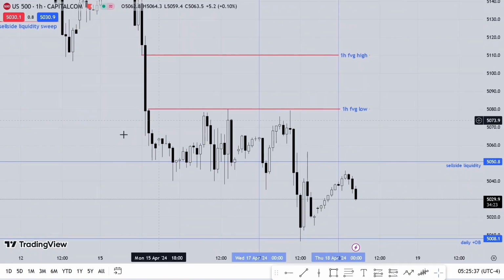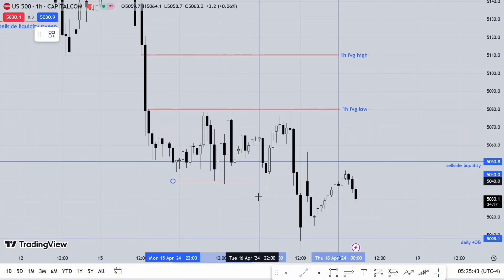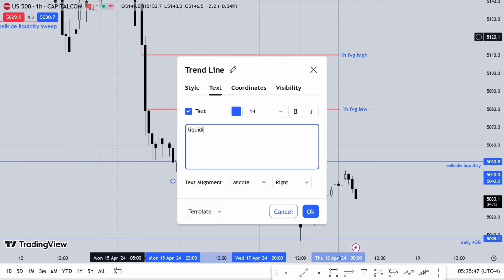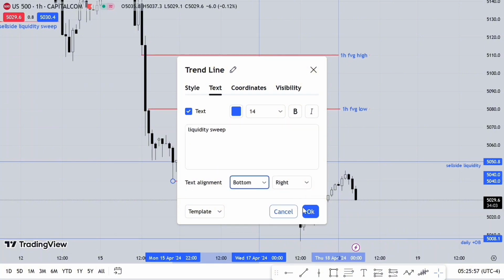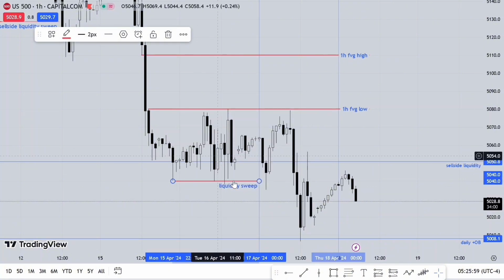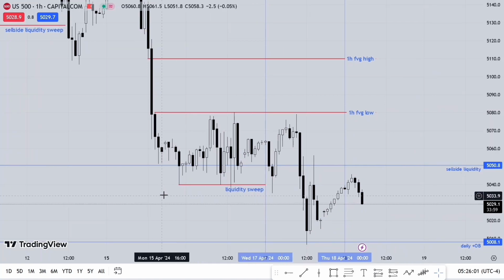And the narrative was that for price to be bearish, if we are still bearish here and this is a liquidity sweep, and this right here is a liquidity sweep, we expected price to trade higher here